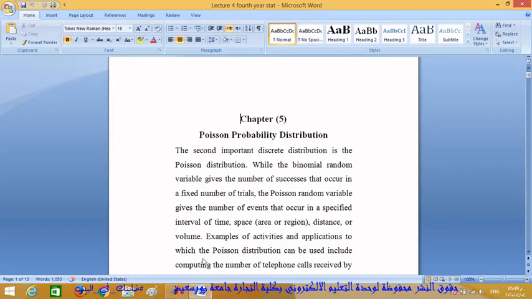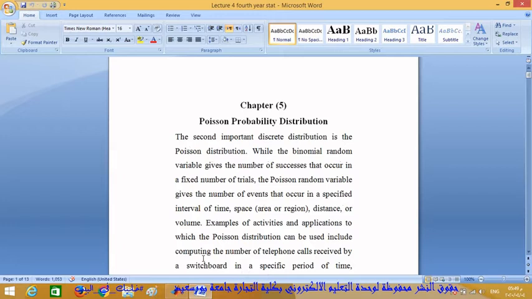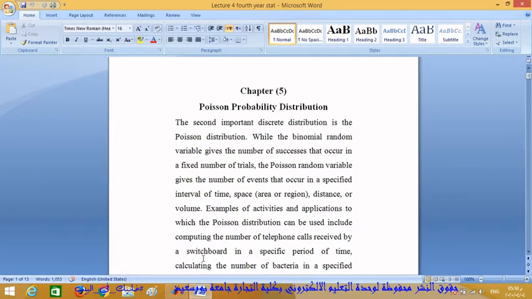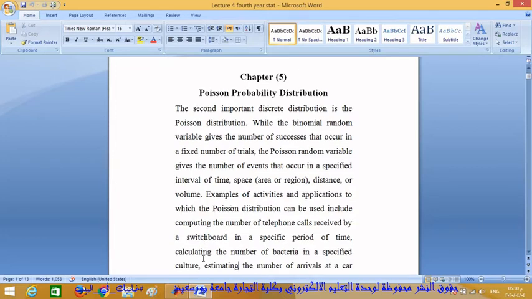Examples of activities and applications to which the Poisson distribution can be used include computing the number of telephone calls received by a switchboard in a specific period of time, calculating the number of bacteria in a specified culture